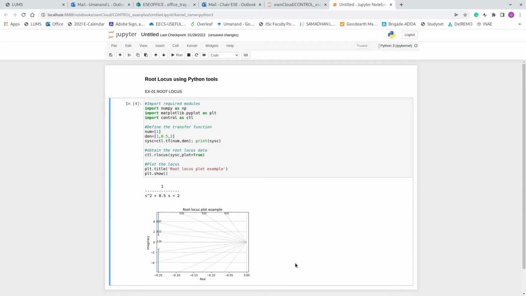Because you have only two poles, no zeros, you can expect that the root locus goes right up at 90 degrees and 270 degrees. And all these points here on the root locus are nothing but valid closed loop pole points of the entire closed loop system, where you have a controller with unity gain as the controller.